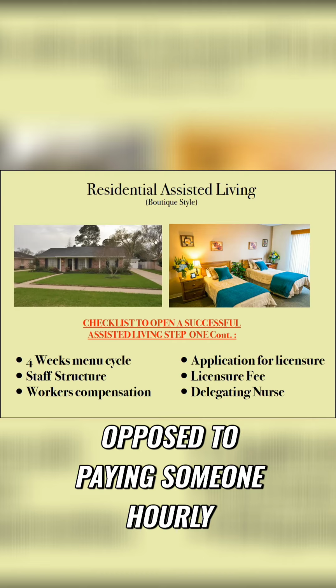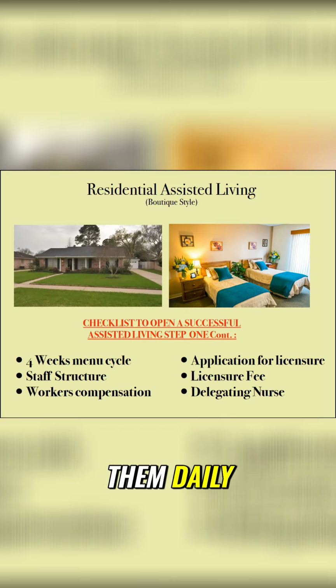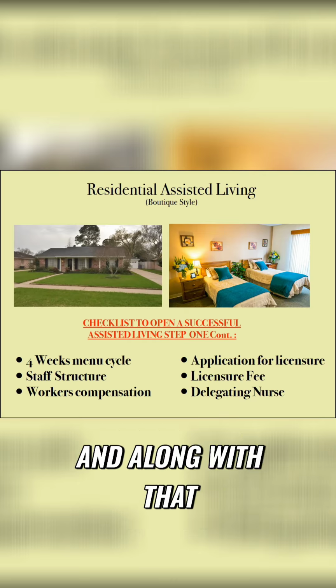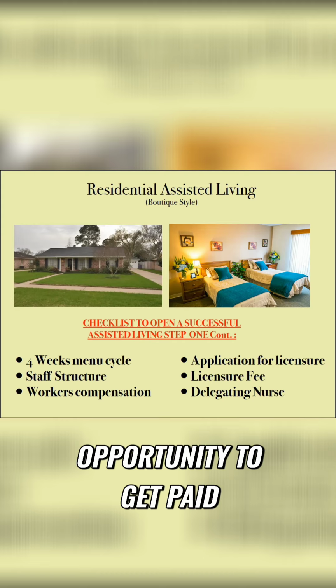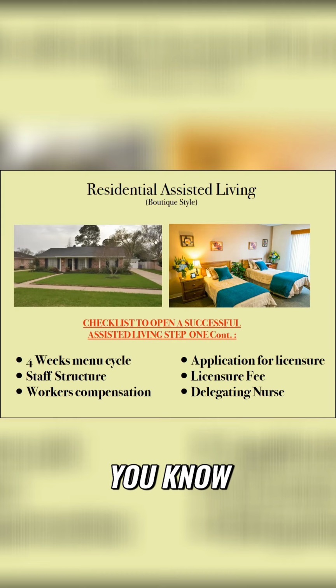As opposed to paying someone hourly, you can pay them daily. And along with that daily rate, they would not only be getting the opportunity to get paid, they also would have the opportunity to not pay rent,